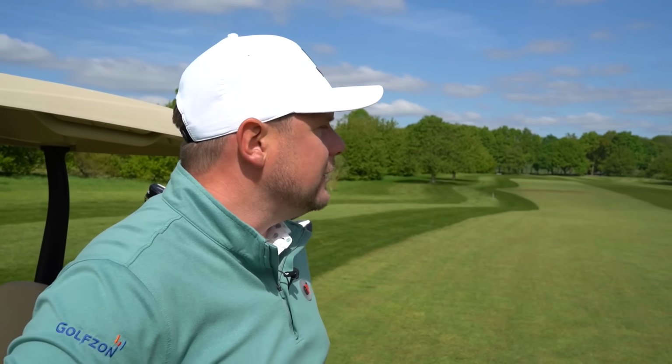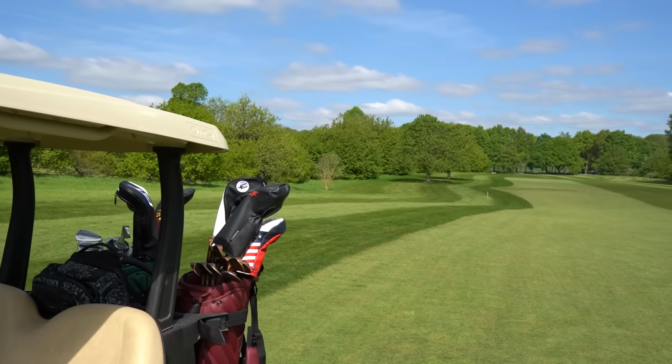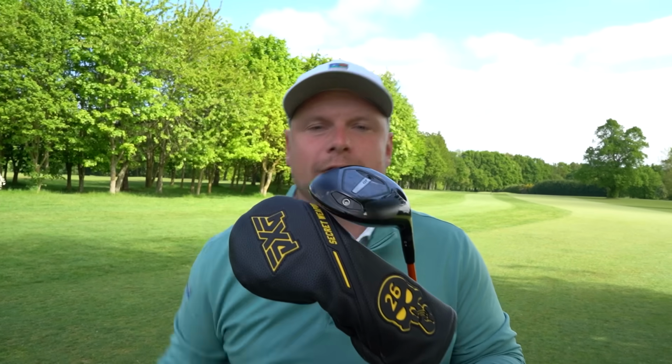Let's test them off the fairway. Let's see potentially what they are like there, and then let's look at some numbers as well and see really what they are when we get to the bones of these clubs, because that, I can't believe that. I really can't. So when I say about these two clubs being potentially the most underrated drivers of the year,